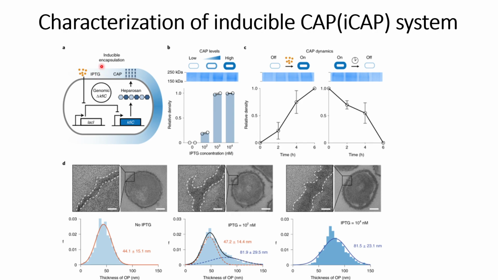So when there is no IPTG, this LAC1 will not be able to translate, and there is no problem in the KIFC translation. But when this IPTG is there in the system, then this LAC1 promoter will be translated, and it will inhibit the KIFC gene translation, and thereby